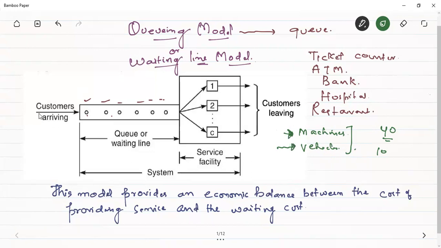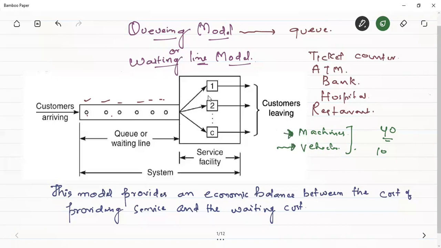If you see the schematic, the customers arriving can be living beings, or they can also be non-living things like machines or vehicles. You can see these dots. These are the customers or the elements which are arriving and waiting in the queue. अब यहाँ पे इस बॉक्स में जो बने हैं, दिस इज द सर्विस फैसिलिटी जहाँ पे सर्विस मिल रही है. And after that the customers are leaving. Customers are arriving and waiting in the queue, and some customers are getting serviced. Once serviced, they will leave the system, and the customers which were waiting in the queue come into the service facility.